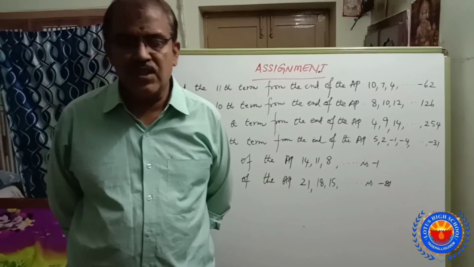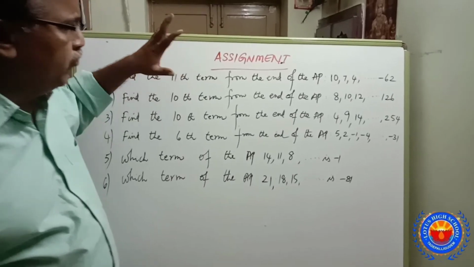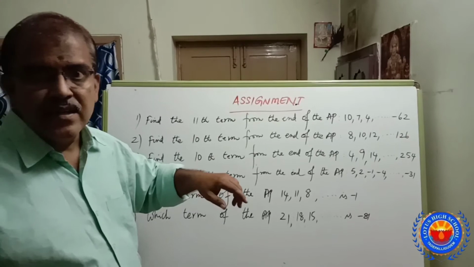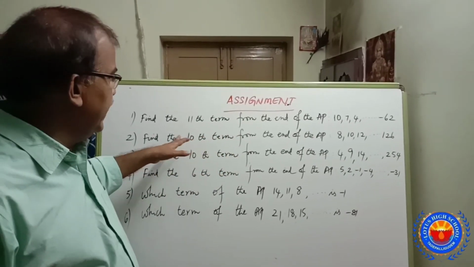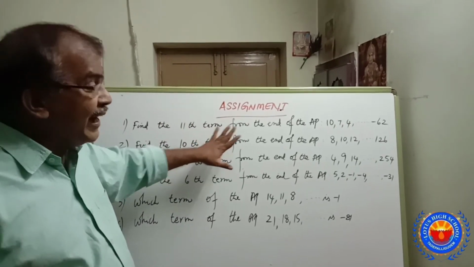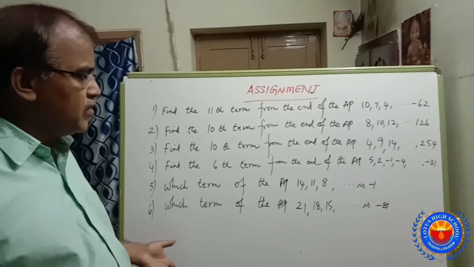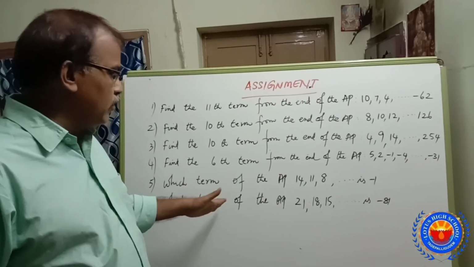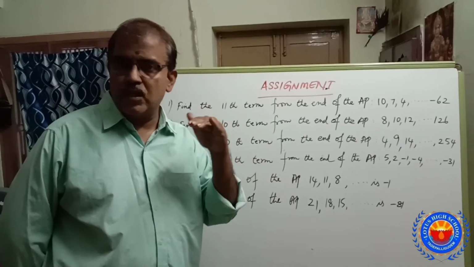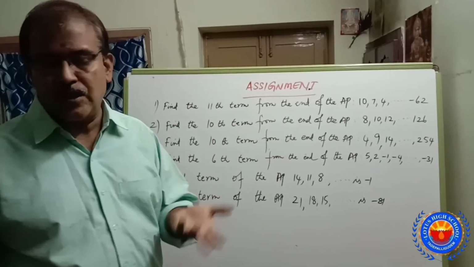So now this is the time for assignment. Here I explained completely the formula based on Tn is equal to a plus n minus 1 into d, the general term. So here total 6 sums are given. The 4 sums are based on the nth term of the model. Here also Tn is equal to a plus n minus 1 into d. In these 2 sums, which term in the sense, we have to find n. For that also we are using the Tn is equal to a plus n minus 1 into d formula. Carefully you solve these 6 sums and send to your class teacher.